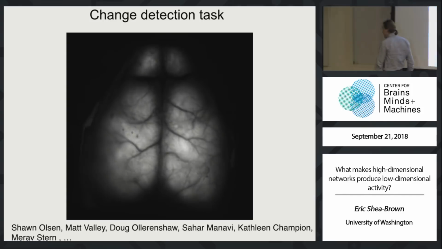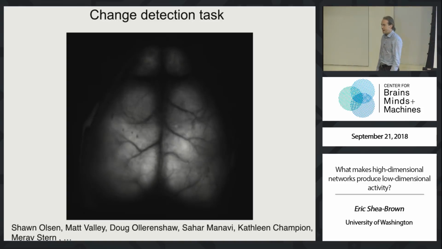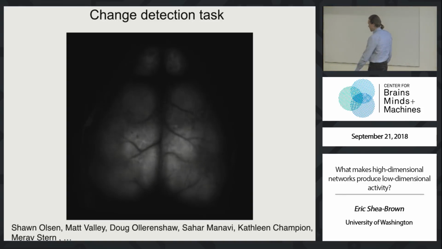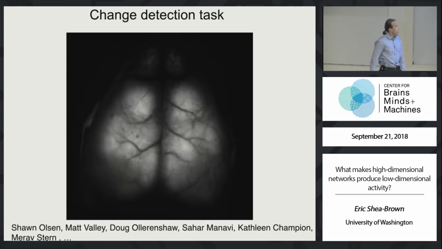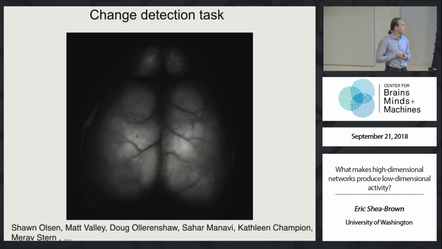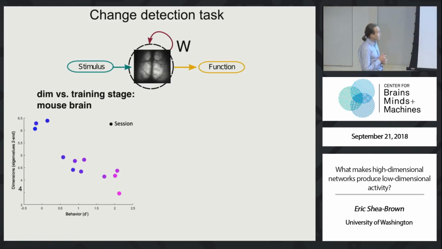Okay, and you do this on day 1, when the animal doesn't know how to do the task, on day 2, on day 3, on day 4, all the way up through about a month of imaging. And you see how this brain-wide activity changes during a month of task acquisition. And here are the preliminary data. Isn't this cool? So this is the dimensionality as measured using basically the same metric that I mentioned.